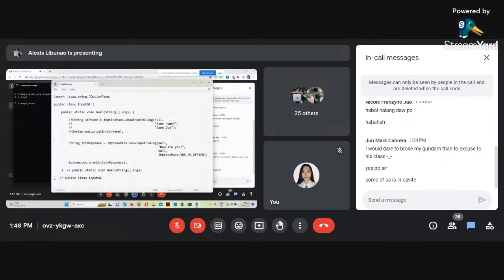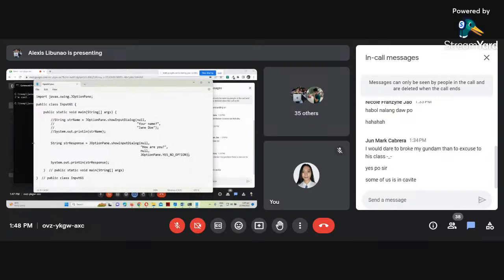Any questions so far with regards to show input dialog? I'm just going to discuss the entire parameter here. No question? Okay. Now the next parameter, so to speak, is the type, the message type. So I'm just going to use JOptionPane.INFORMATION_MESSAGE. By default, it showed